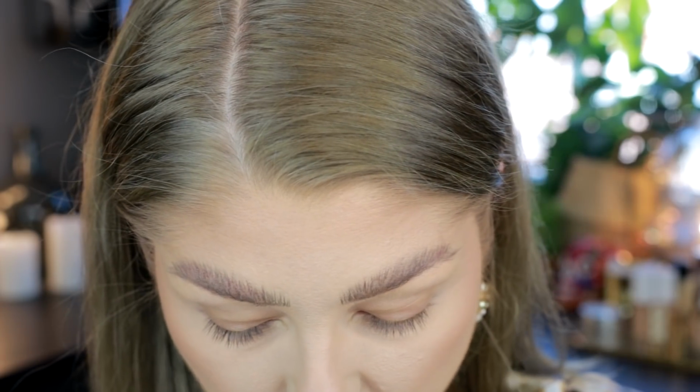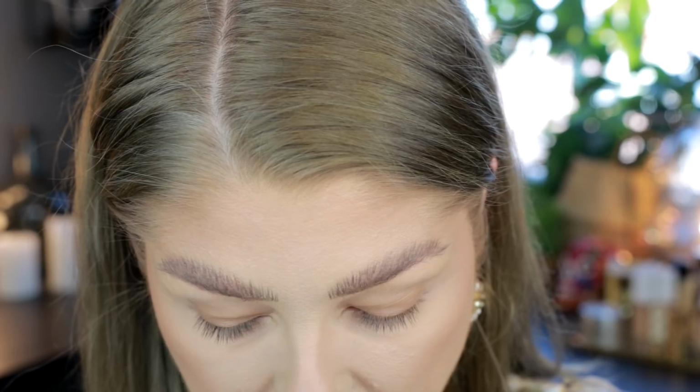These are powder highlighters, so I'm going to see if I can use my Nabla highlighting brush. This is my favorite highlighting brush for powder formula. If it's more of a cream to powder or a baked gelée, I love using my F01 from Sigma. But I'm starting out with this one, which seems to be more of a medium to,